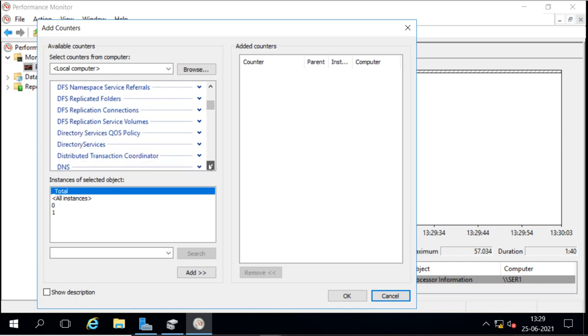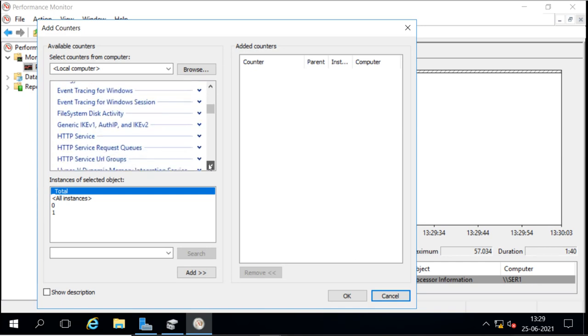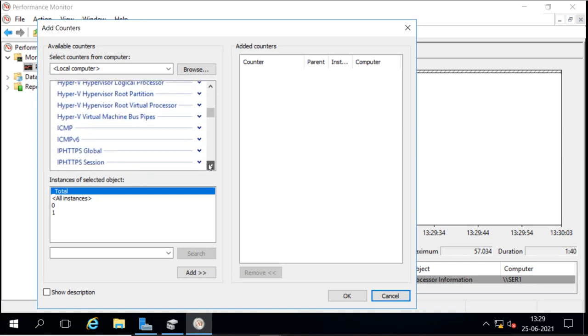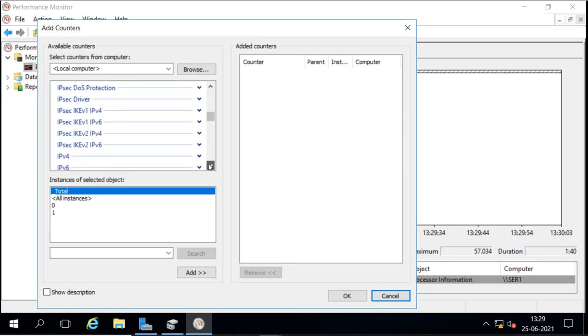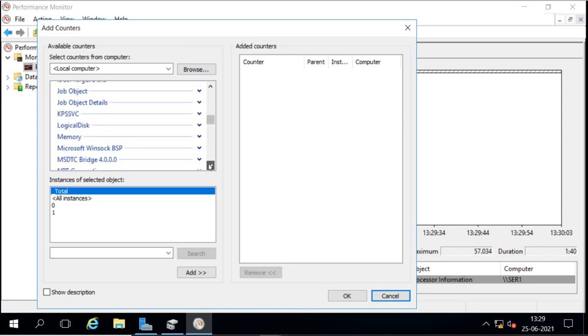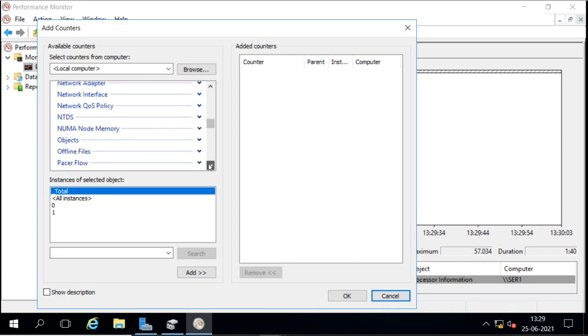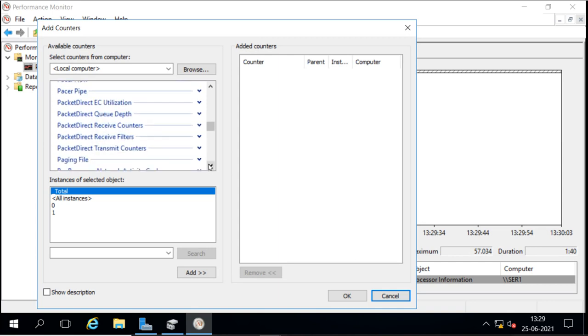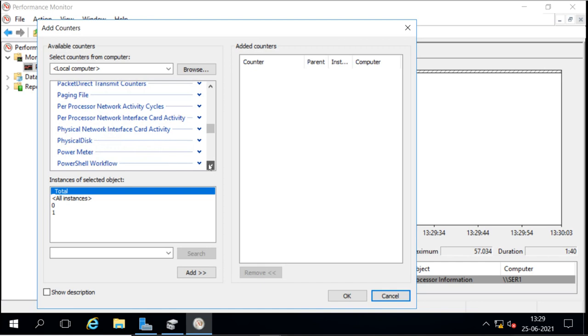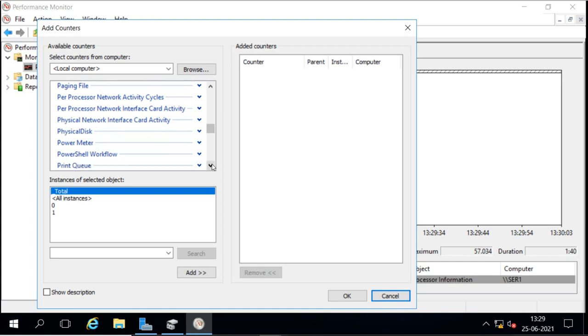Now we have to find the storage spaces counters. We have an option for physical disk here.